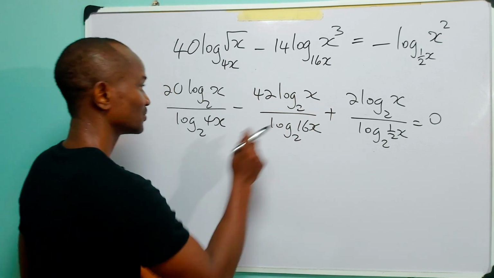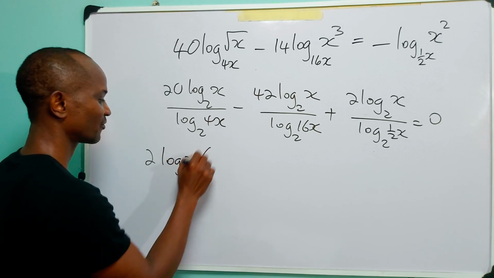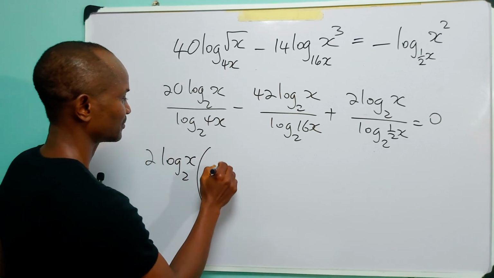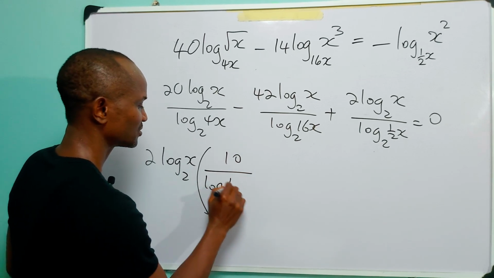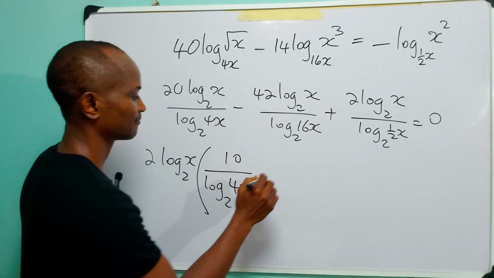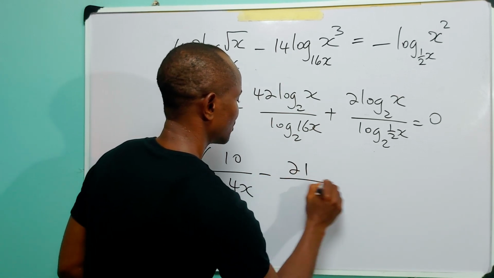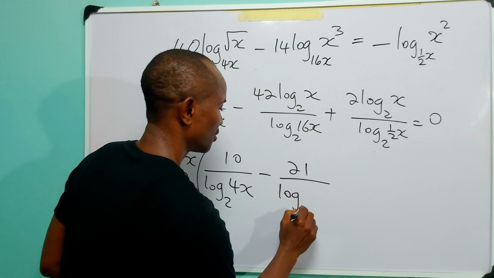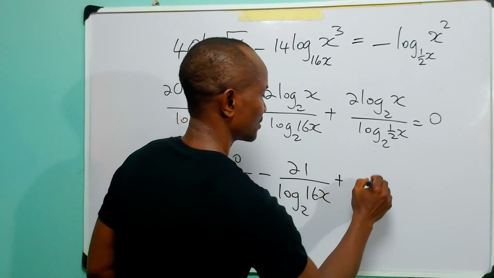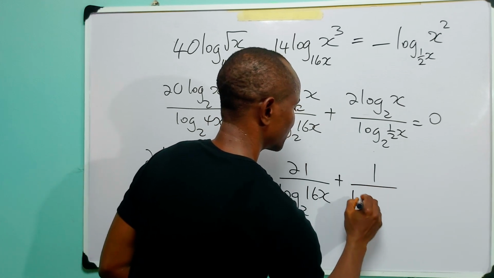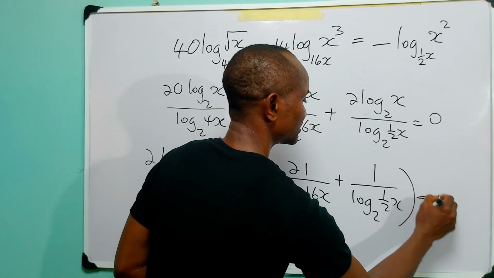So that means that we can factorize 2 times log to base 2 of x, and we have 10 over log to base 2 of 4x, minus 21 over log to base 2 of 16x, plus 1 over log to base 2 of half x is equal